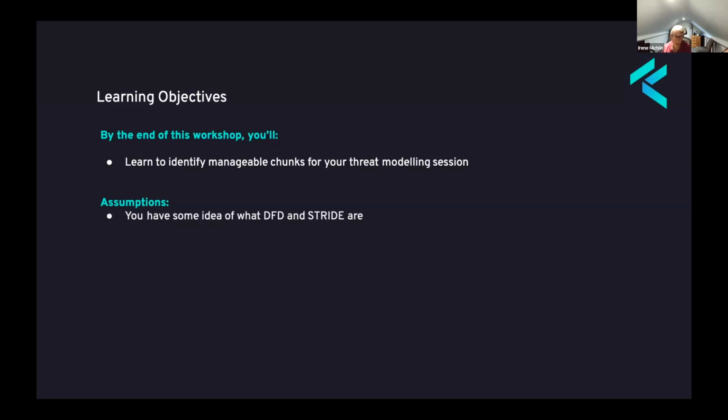So, collaborating with all the people who had this problem, I came across a technique which I hope is useful, that allows you to identify manageable chunks for your threat modeling session, so you can start on this journey without feeling overwhelmed. You don't need to catch up with 2, 5, 10 years of development before you use a threat modeling technique. So that's the goal: how to pick something for each threat modeling session that you can usefully do,